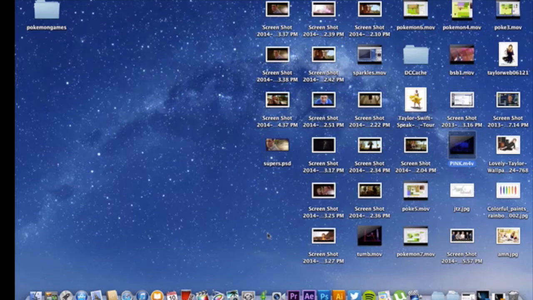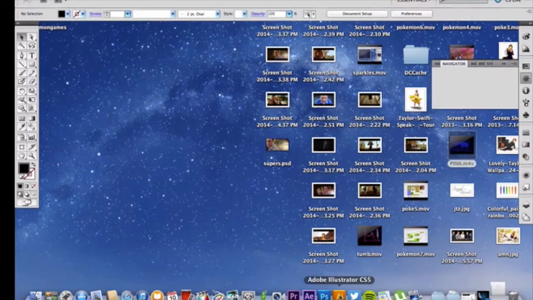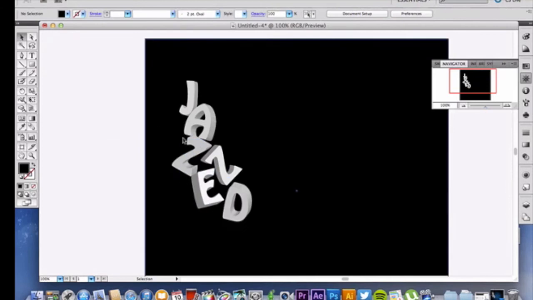So I will show you step by step how we're going to make this cool 3D effect. I've made a portion here. As you'll notice here, this is what we're going to be getting at. I will explain to you step by step how to get to this point that you'll see here in my preview. Now, I made a black background using the rectangle tool, which is found over here below your type tool